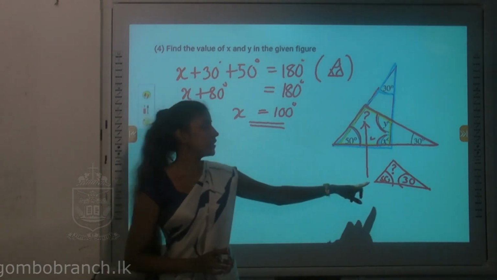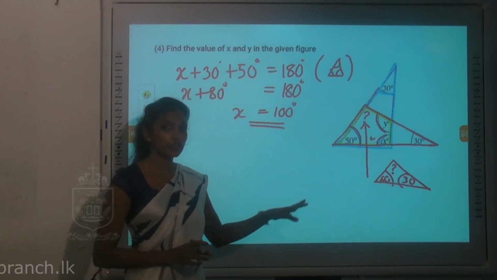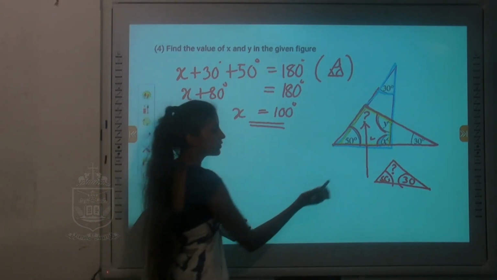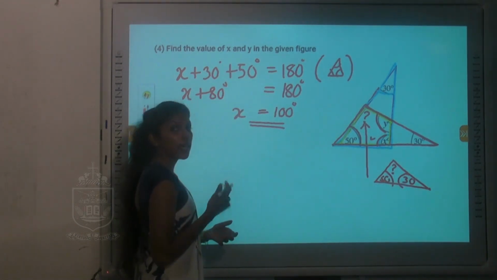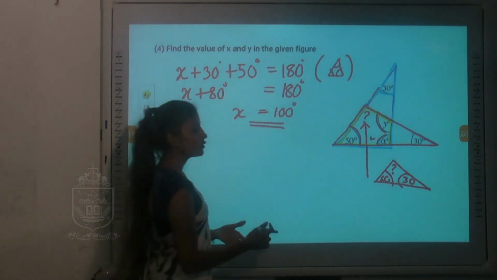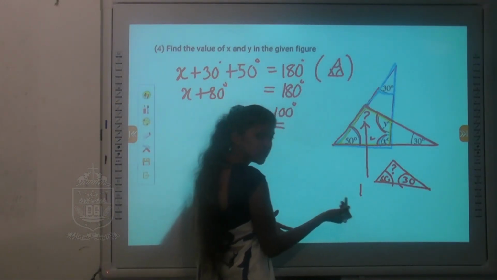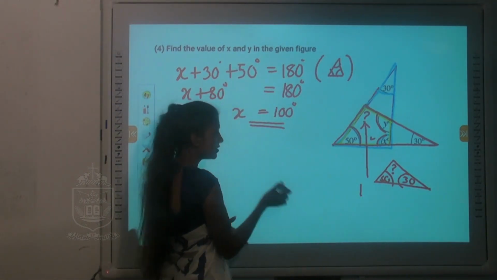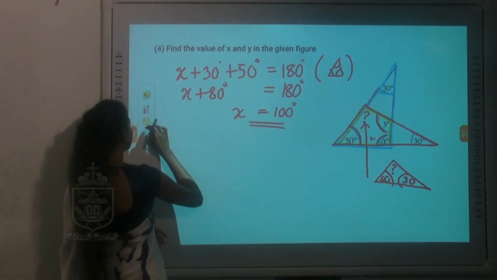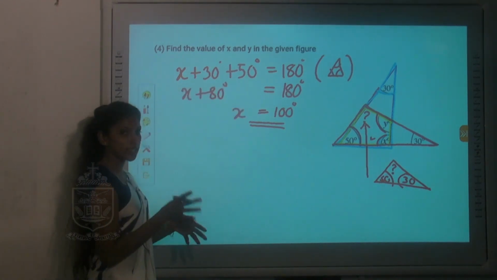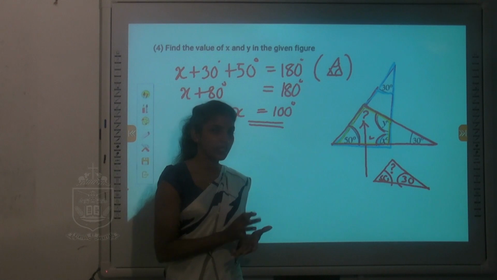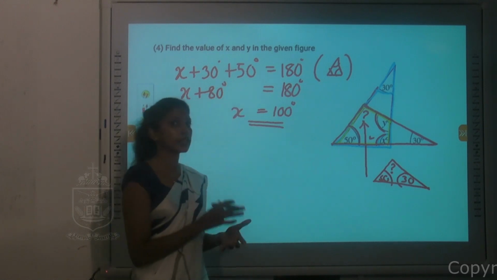Now in that triangle you all can see, applying the triangle theory, you all can find the unknown angle. So here 50 plus 30 give you 80 degrees, and in order to make it 180, what you have to do? 100. You can do it stepwise by taking any letter. So if I am to do it like that, I'm going to select the letter as Z. You all can take any letter, or else you all can calculate it directly without doing any stepwise calculation.